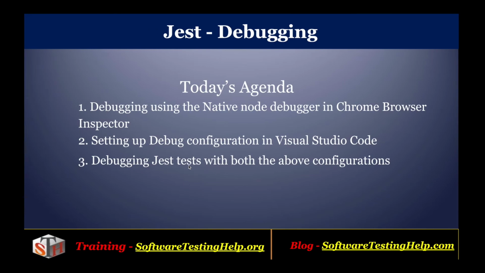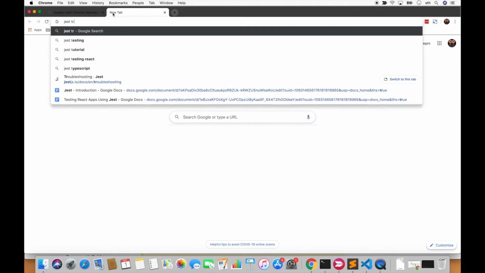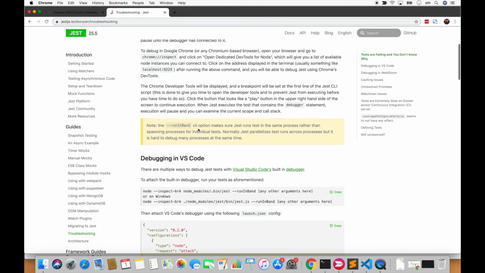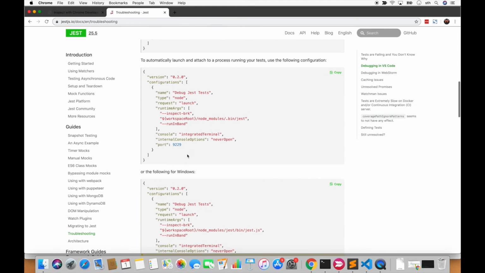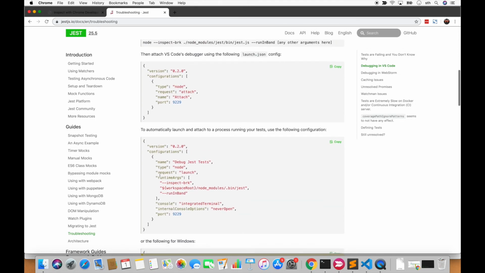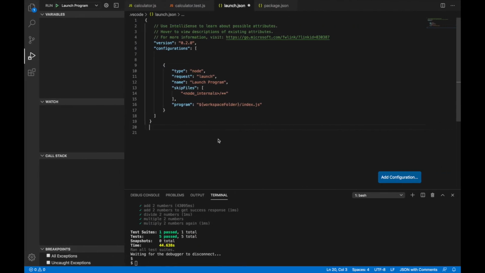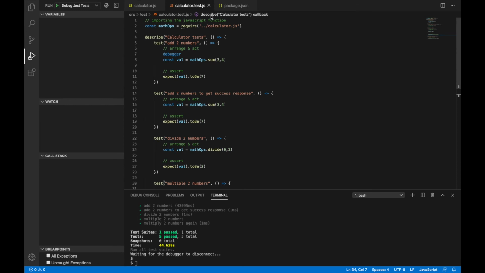What you need to do is go to the Jest troubleshooting page again and copy this launch configuration from this page and simply replace the launch configuration here. Let's save it. So once you save, you'll see that this name has now changed to debug jest.